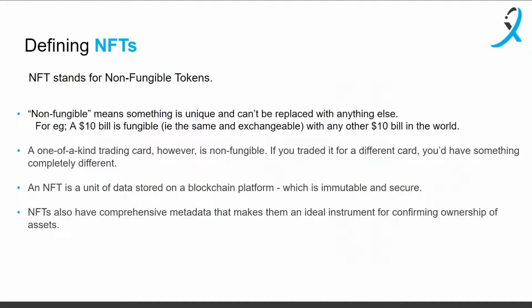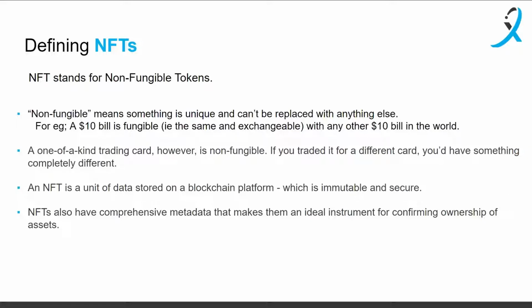Non-fungible basically just means something that's unique, and it's non-replaceable with something else. So a $10 bill is fungible, or exchangeable or replaceable with another $10 bill, while a one-of-a-kind trading card is non-fungible. The Mona Lisa is non-fungible. A rare painting or a rare artifact is non-fungible. So an NFT is just a digital version of that, where we can keep a unique piece of data or a unique piece of intellectual property in a token, which is not exchangeable in value or not similar in value